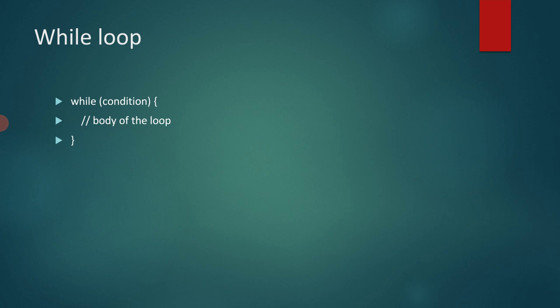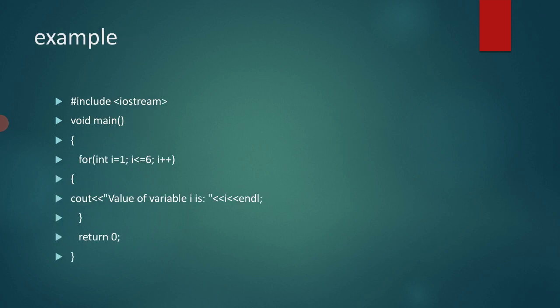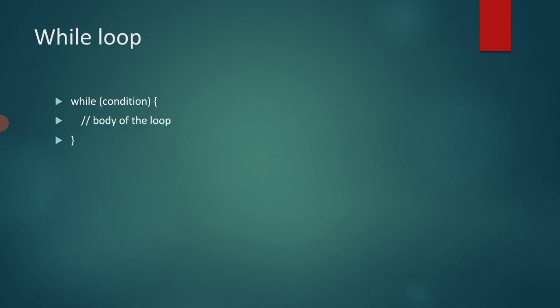And then you have to start with the curly bracket and write the body of the loop. Body of the loop means the content that you want to display, and then the curly bracket closes. Now see students, while loop will first check the condition. If the condition is true, only then it will execute the statements, otherwise it will exit from the loop and it will not print anything.